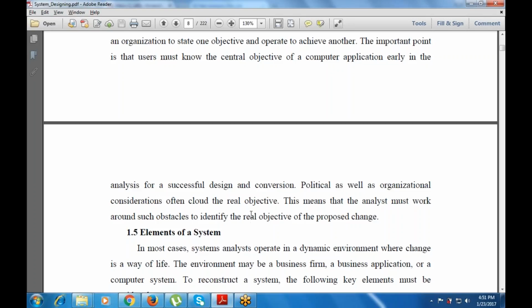Right. Now the next part is elements of a system. I'm going to take this part in the next class, tomorrow's class. So till now, any doubts, anyone in this session that is covered? If there are any doubts, you can ask me. Any doubts, anyone over here? So the next topic, the parts of a system, I'm going to deliver within the